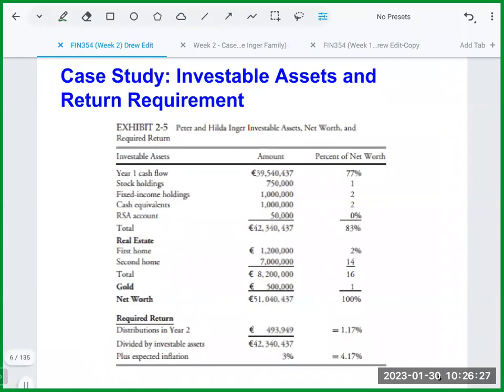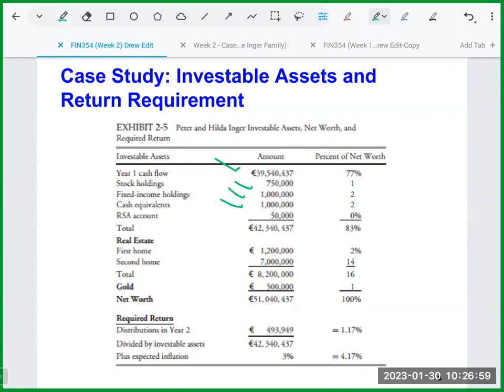Now, the next part, the third part, would be to talk about the investable assets and the required return. I think we have done this portion before, but similarly, we know that there will be a cash inflow, a large sum of this amount, which we saw in the previous slide. Okay. Now we know that they have stock. Remember, he's averse to equity, but he does have a diversified stock portfolio of 750K. Okay, we have fixed income 1 million,